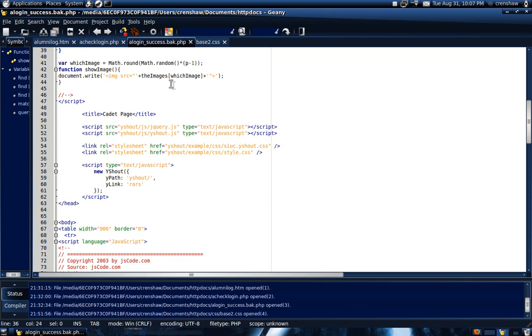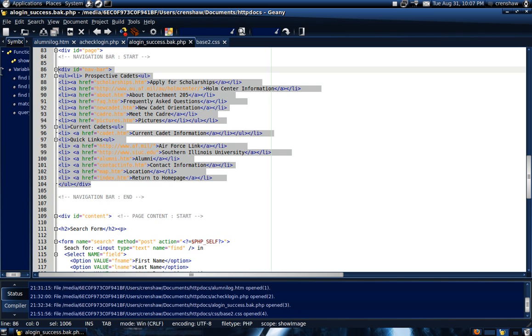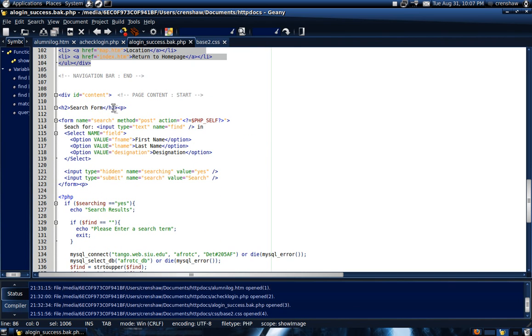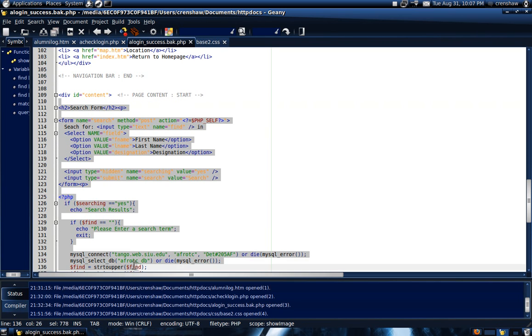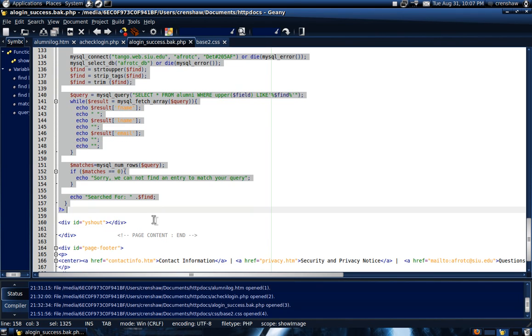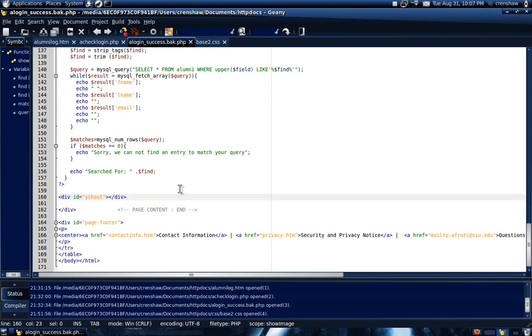You have some Wiseout dependencies right here. This actually doesn't show Wiseout right here. These are just needed. Here's the left frame with all the links, and a search form, which doesn't work, and the search form should be all the way down to here. And here's the Wiseout, which doesn't appear, so we'll have to fix that as well, along with